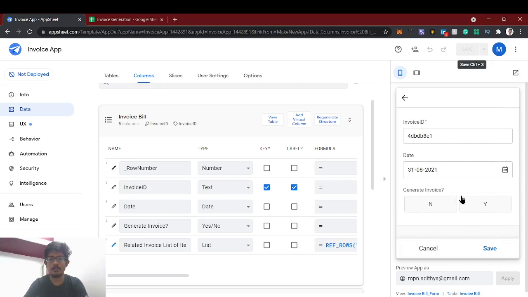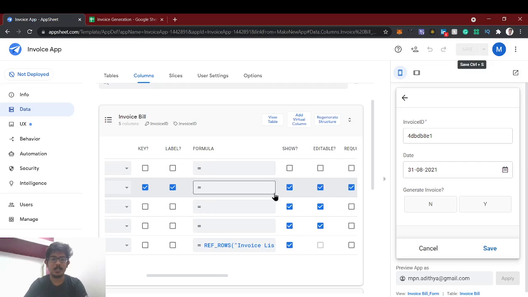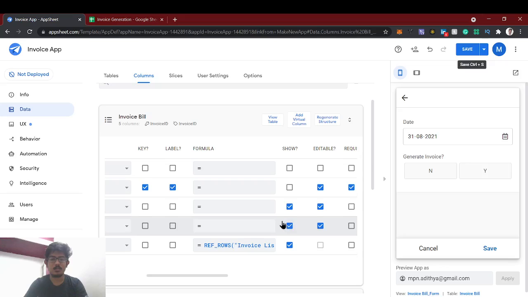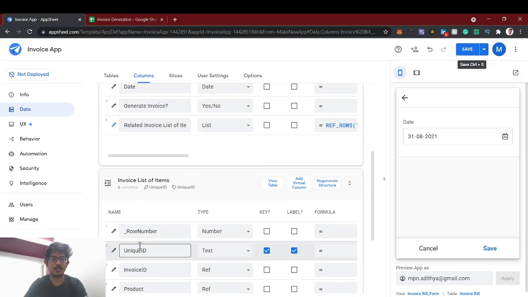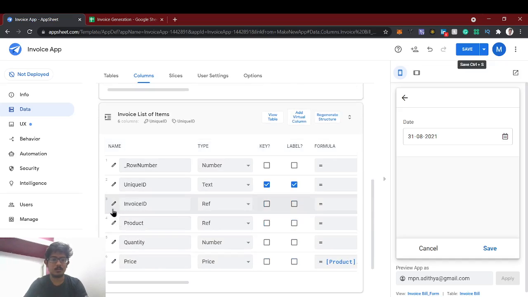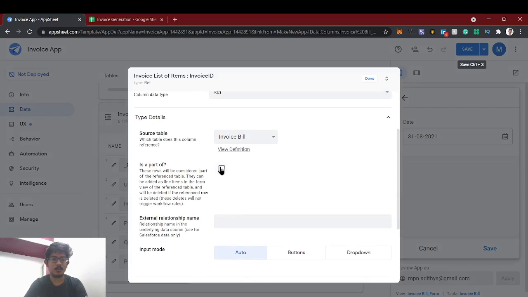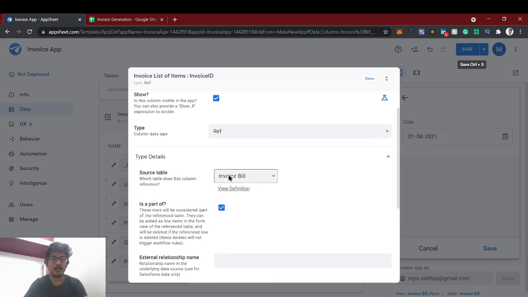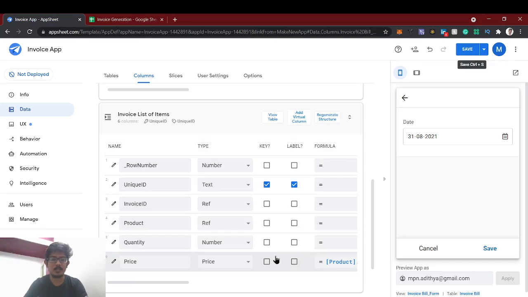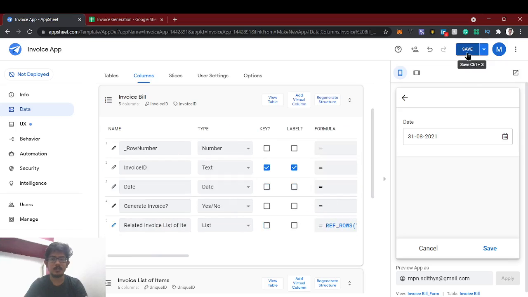Now we'll create a new bill. Actually, we don't need to show the invoice ID, but the generate invoice will need to show. First we need to add the list of items. Since we are already referencing this list of items to this invoice bill, we forgot to give the flag is a part of, so that we can add here. This is a part of check, so these rows will be considered part of the reference table. They can be added as inline items in the form view of the reference table. So it is a form view, and we need to show this as part of list of items. So we'll check this, and once we save,